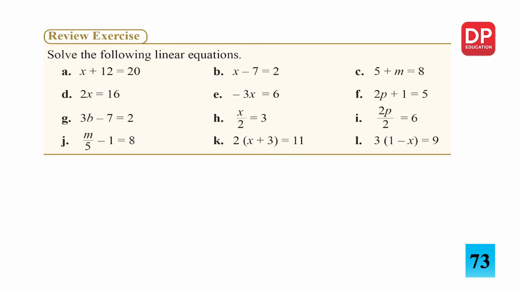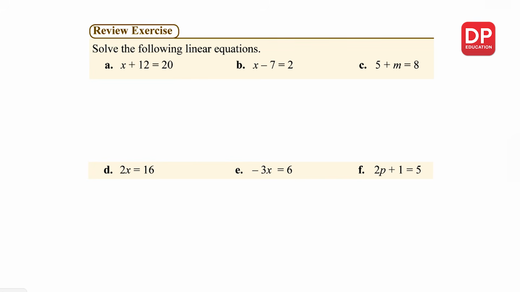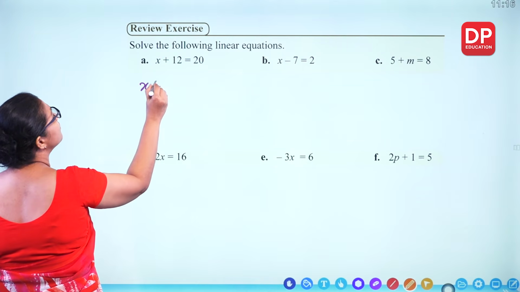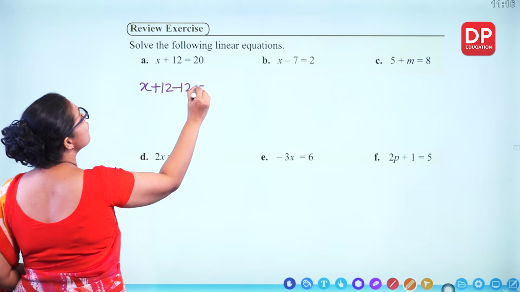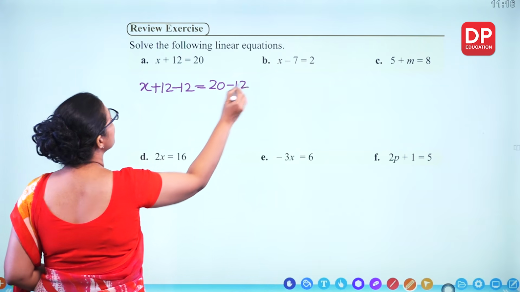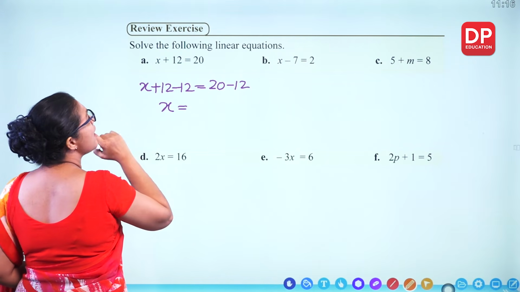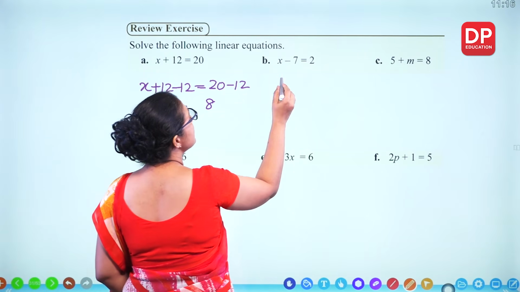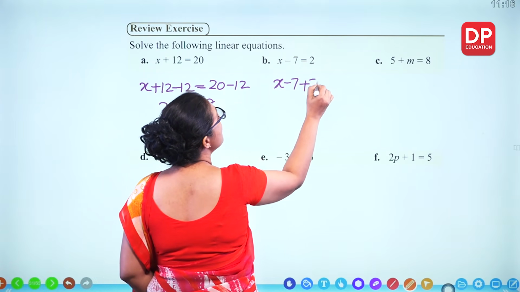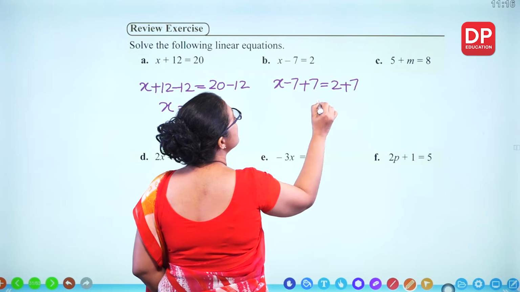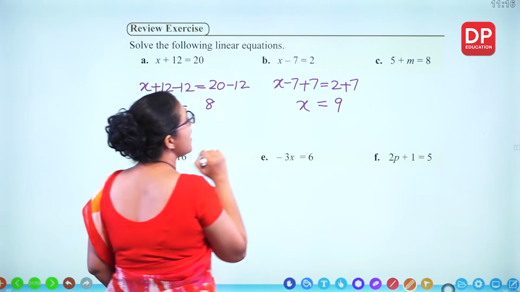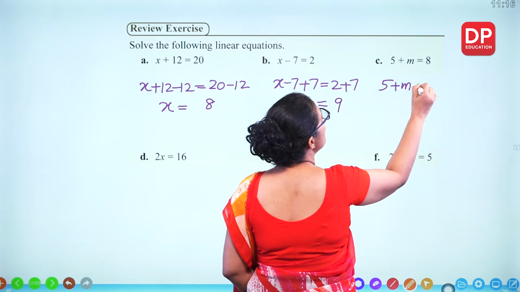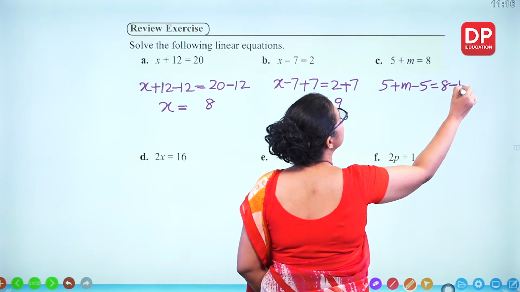Now we'll look at the review exercise. Solve the following linear equations. Plus 12 is there. Subtract 12 from both sides. x becomes 20 minus 12, that's 8. Here subtracted 7. Add 7 to both sides. You get 9 is x. Here subtract 5 from both sides. You get